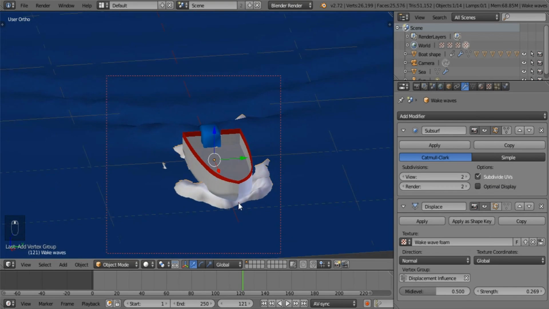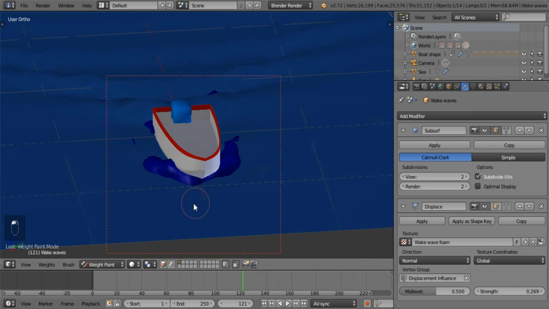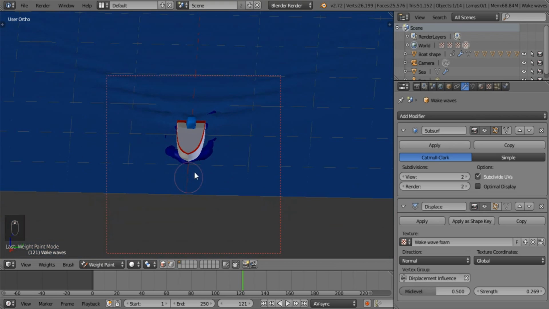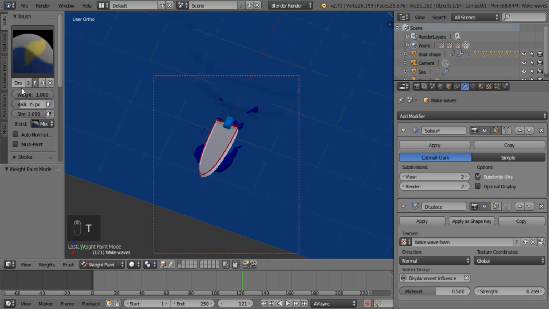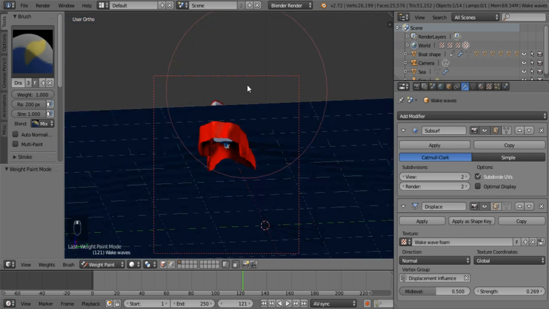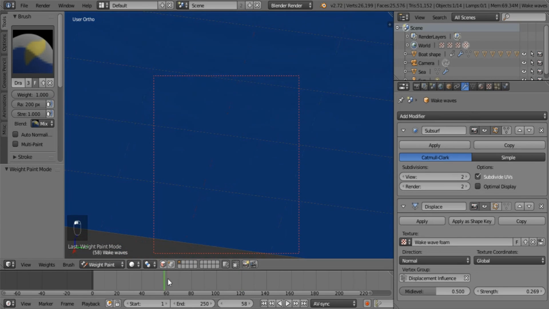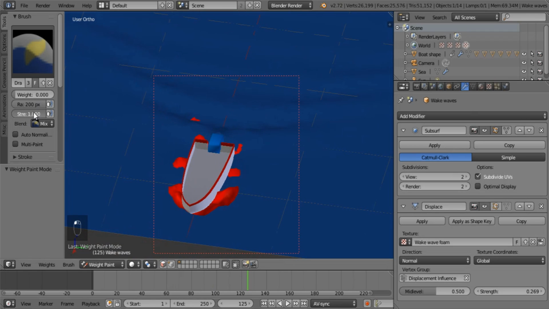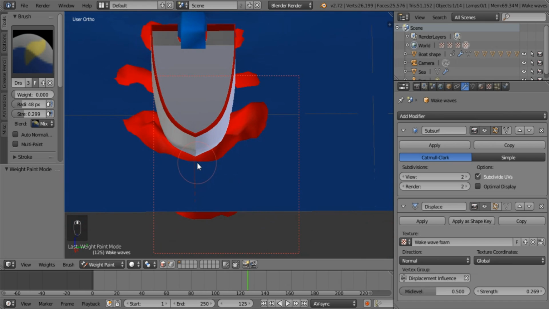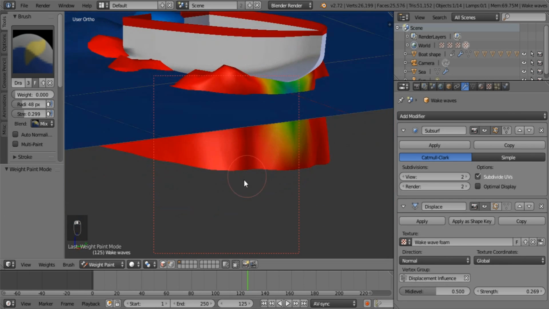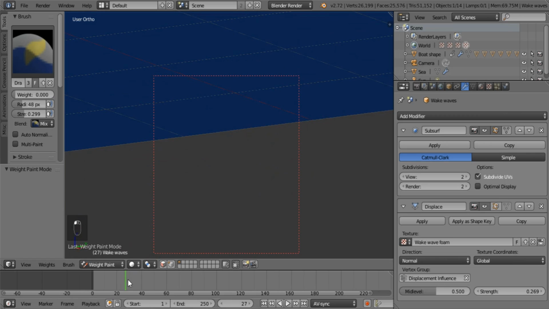So what I want you to do now is go into weight painting mode, and paint the whole thing to be fully affected. Okay, that's good. Now if you were to play this back, see it's fully affected. Set this weight to 0 and set the strength very low and set your radius very low, so that when you zoom in you can literally just touch this up right there, something along those lines, so that if you were to move this now, wait for it,